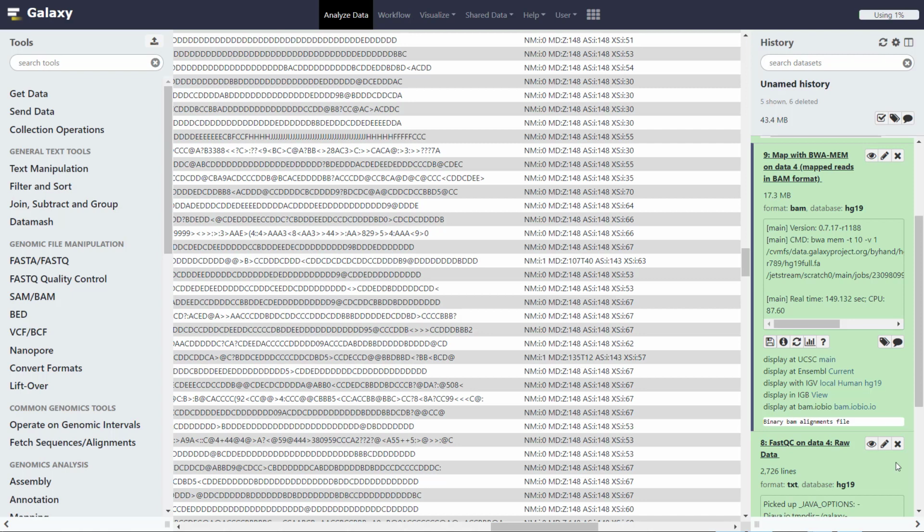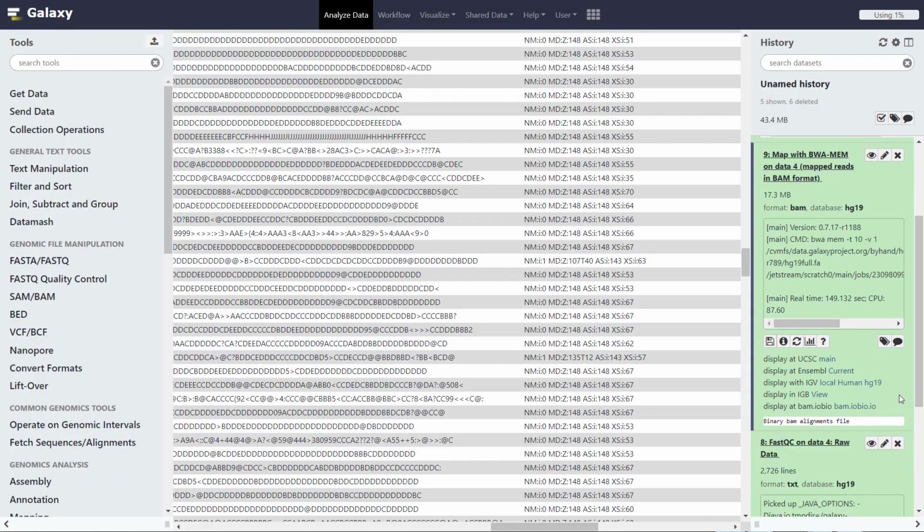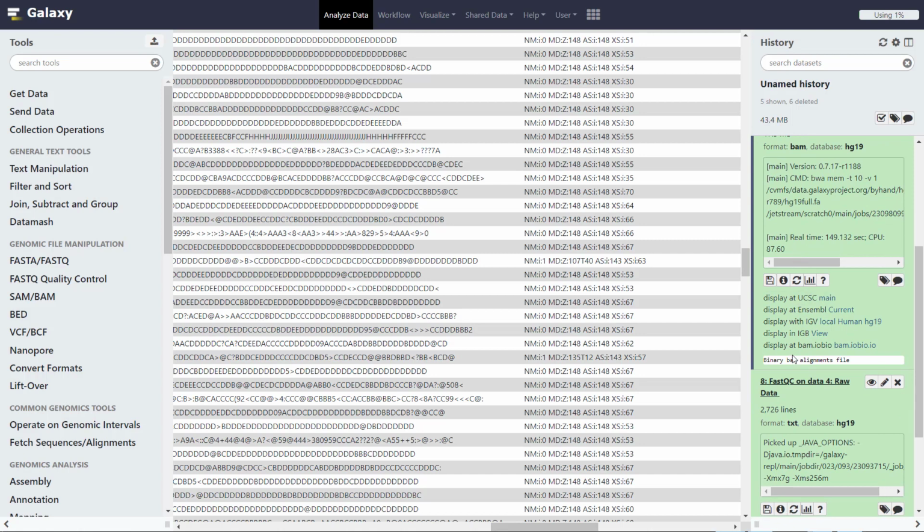The SAM or BAM file is a textual format of the alignment data. In order to be able to visualize the data, Galaxy offers some built-in visualization options. The links are located below the BAM file and allow for direct access. There are several options.